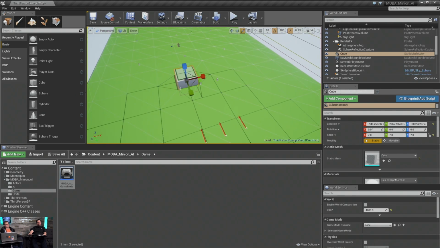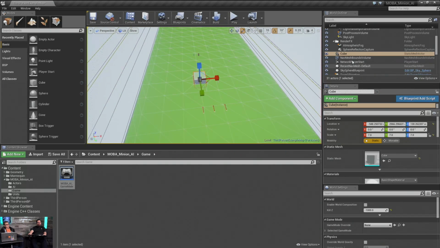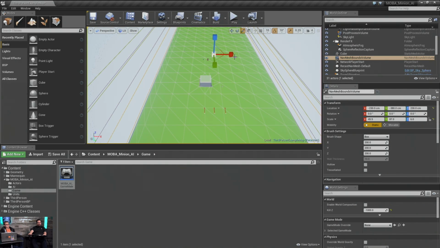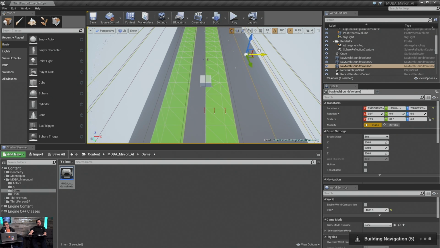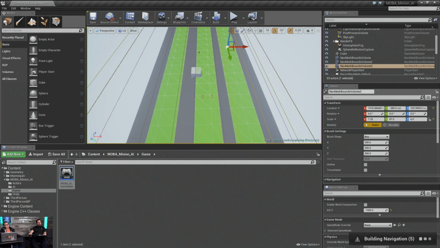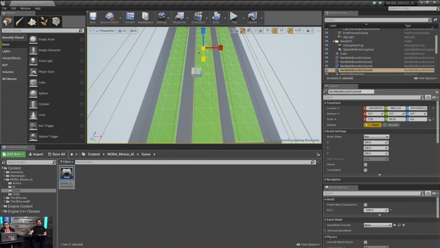For the question at hand of creating multiple lanes, if I were to take this nav mesh volume, let's just shrink it, all right? And then let's do one of these. We'll duplicate it again, and we'll duplicate it once more. Actually, it'll be twice more. And shrink it.